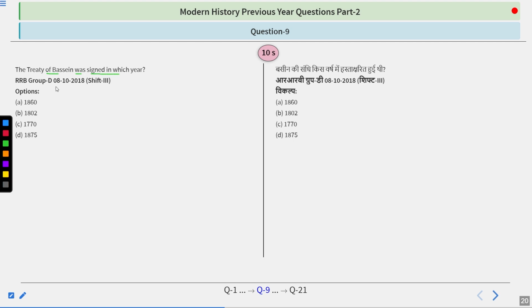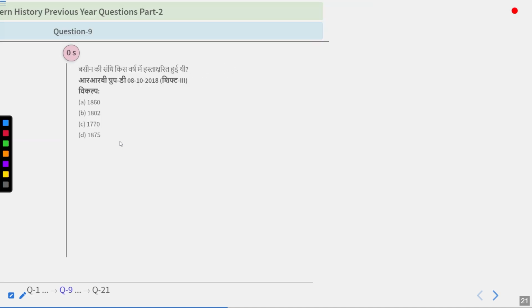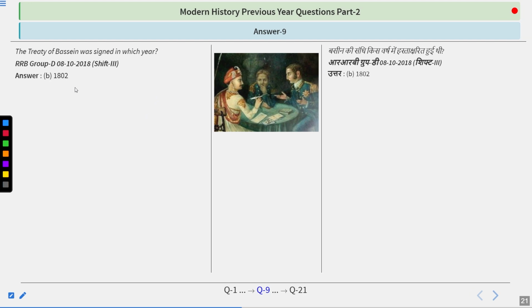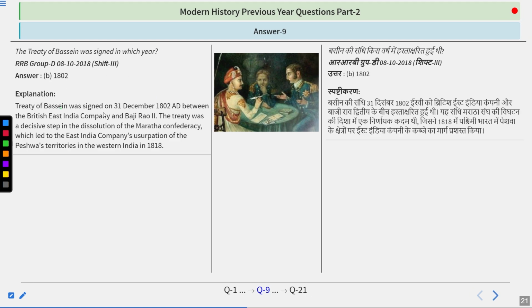Treaty of Bassein was signed in which year? Options: 1860, 1802, 1770 or 1875. The answer is 1802. So the Treaty of Bassein was signed on 31st December 1802 between the British East India Company